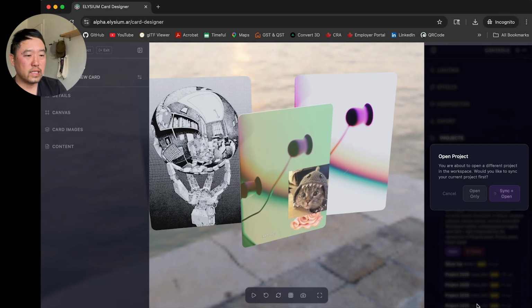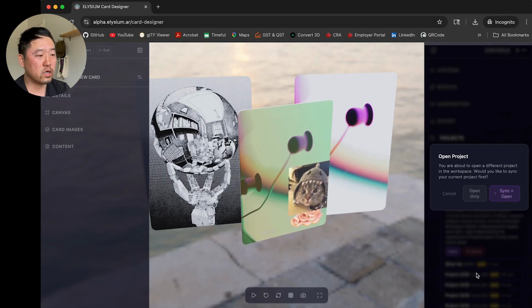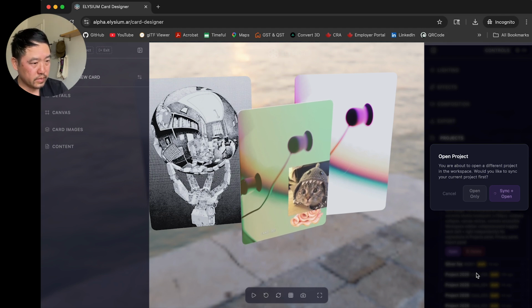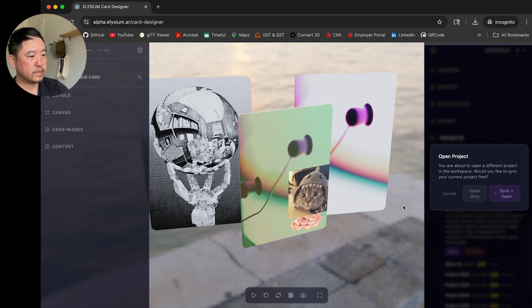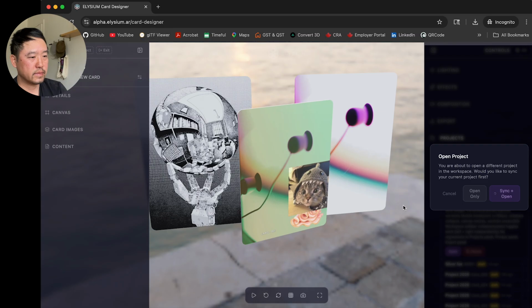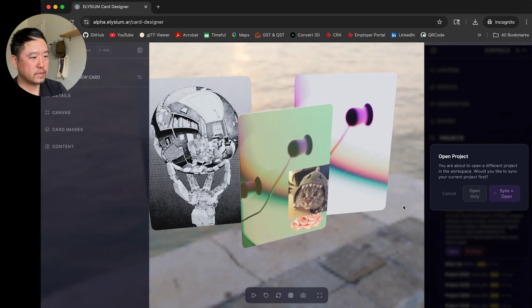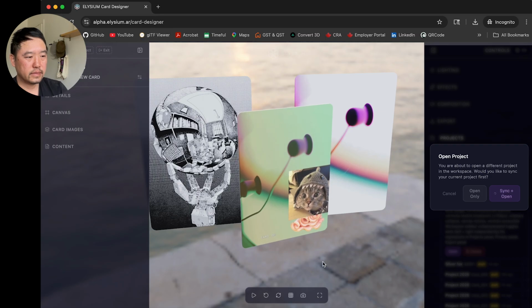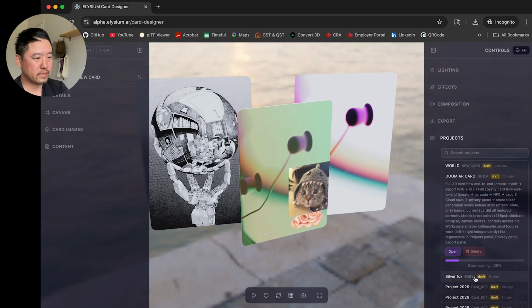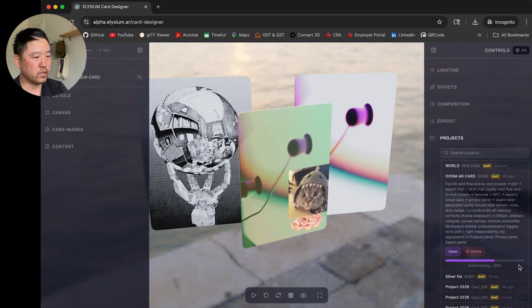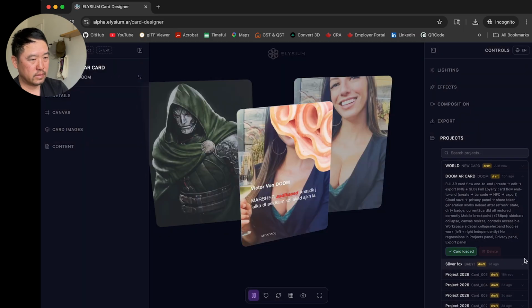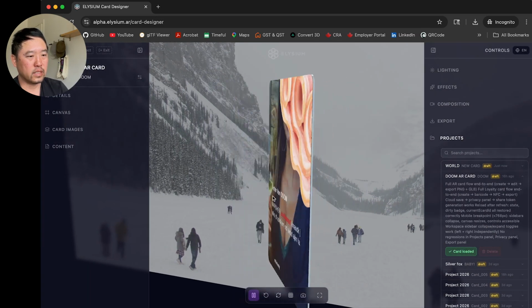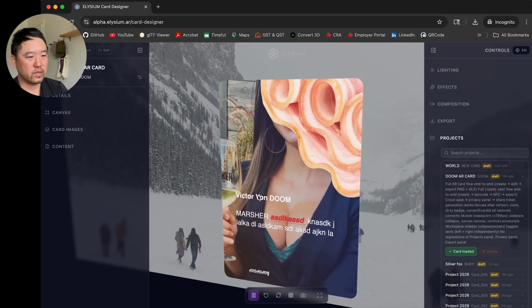And once that completes, it will open up the new card and I can edit that card directly from here. And it's downloading the new card. And this is just another random test that we did, very similar.